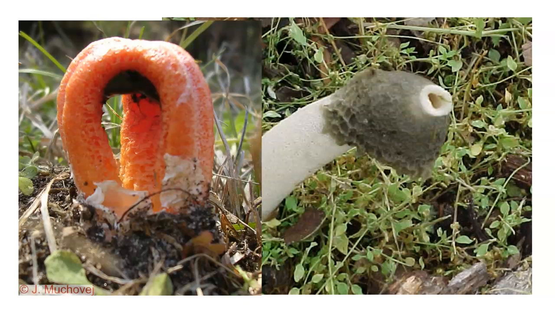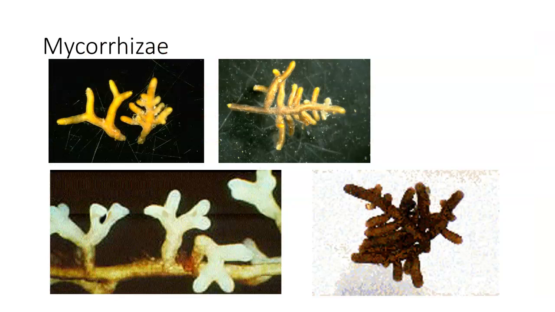Some of these things, like I said, are quite large. Other ones may be kind of tiny. Some basidiomycetes produce what are called mycorrhiza on plant roots. Myco, fungus; rhizae, roots. This is where the fungus comes in association with the plant root and causes a change in the morphology of the plant root. The plant root becomes thicker and often bifurcated. This helps the plant root absorb phosphorus. At the same time, it often affords a protection for the plant root because it will keep some pathogens out.